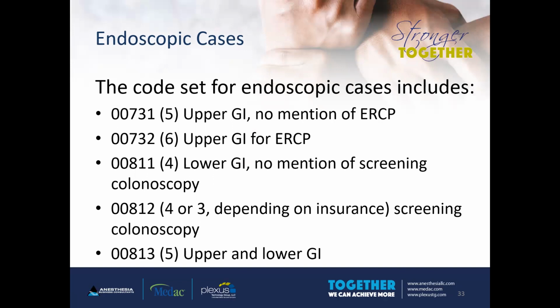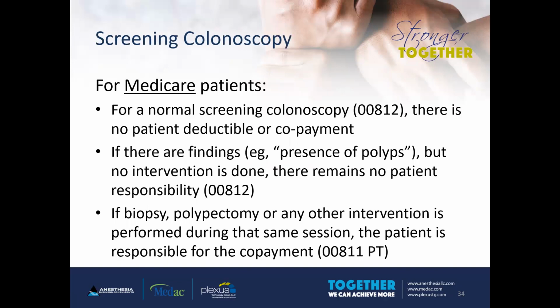The numbers in parentheses are the base unit values. So you can see there's a range there. Was it upper GI or lower or both? Did ERCP get mentioned, et cetera? So you can see that you have to get your facts down in your documentation